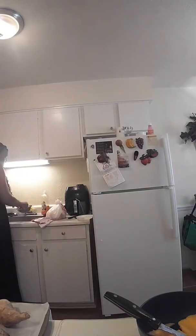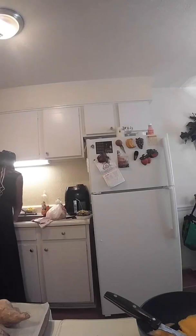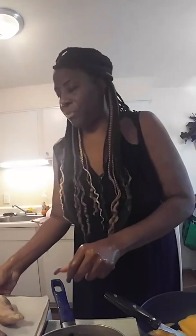So, wash my hands. Put this right there. So I got my little saucepan, and I'm going to show you all how I'm going to cut up my mango. Well, I found this to be much easier for me. Everybody has their own style of doing stuff, but for me,